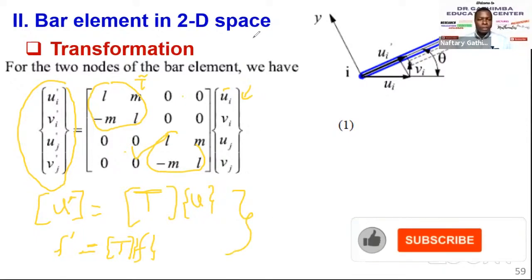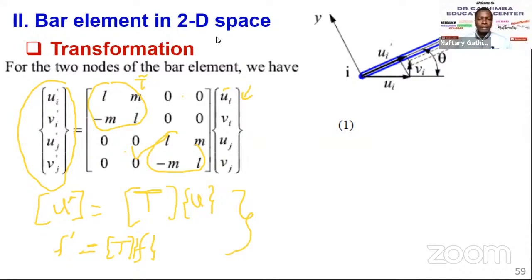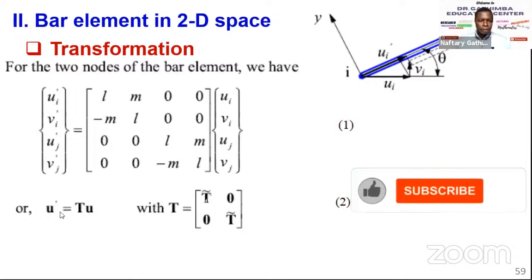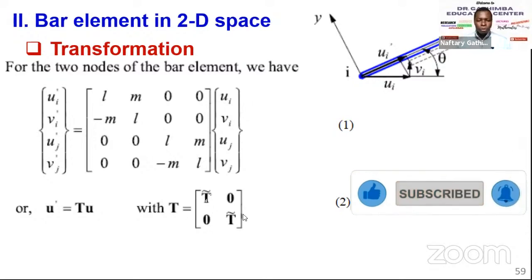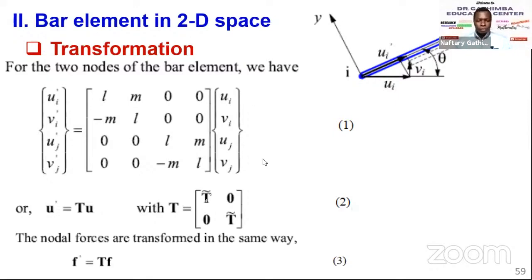Now we have seen the transformation. Let's move to the next stage very fast, because the other part I think is not very new. It's about how we get the equation, or how we get the stiffness matrix. This is just a repetition of what I have just explained, that you can transform anything from local to global using the transformation matrix. And the transformation matrix for an element is a combination of the transformation for one node and another node. Same case, nodal force can be transformed